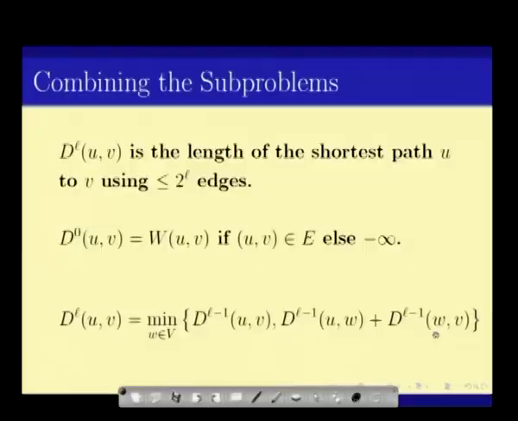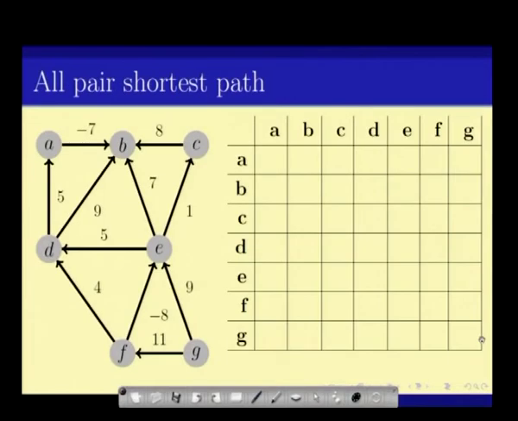So, the idea is very simple, but just like the case of recursive algorithm, you cannot just call these subproblems, because we might have to store them somewhere. So, here is the graph that we are looking at, and what we do is that we keep a matrix with a b c d e f g on the rows and a b c d e f g on the columns, and in every place I will put the weight of the shortest path from say C to D in this